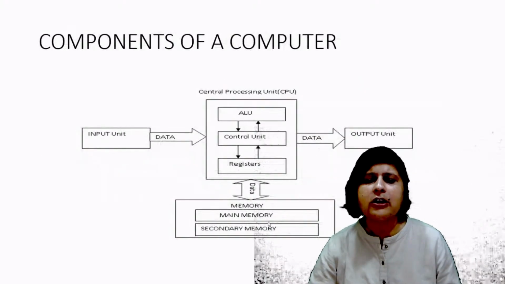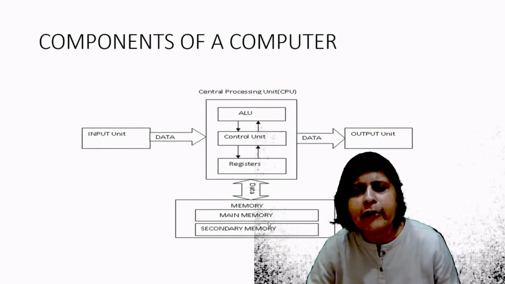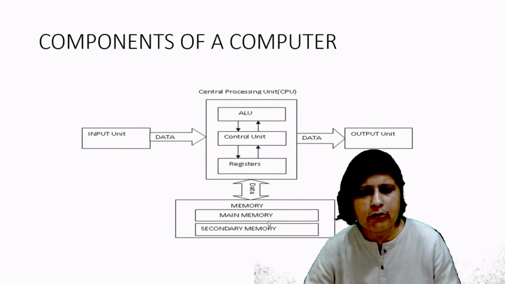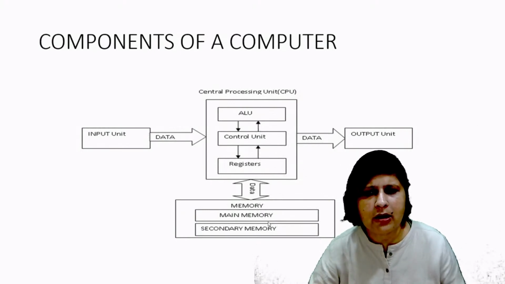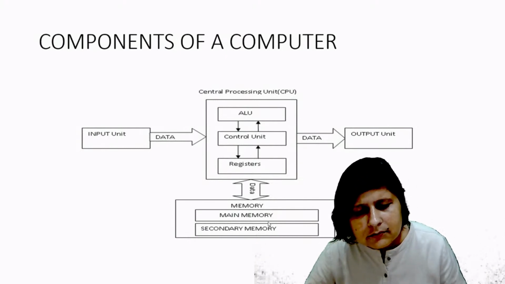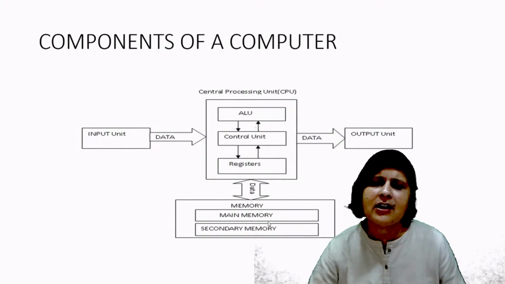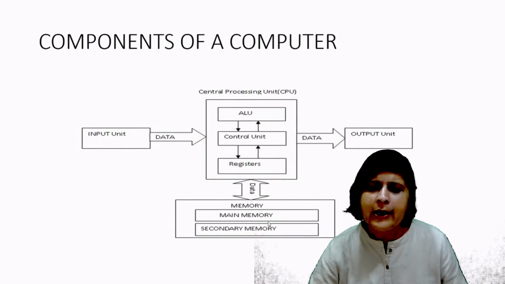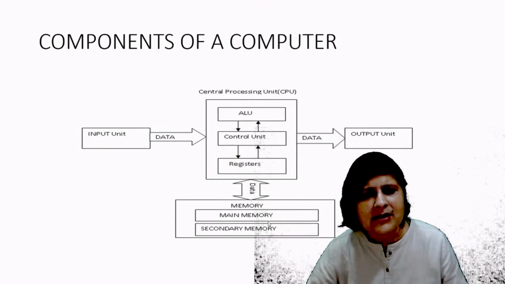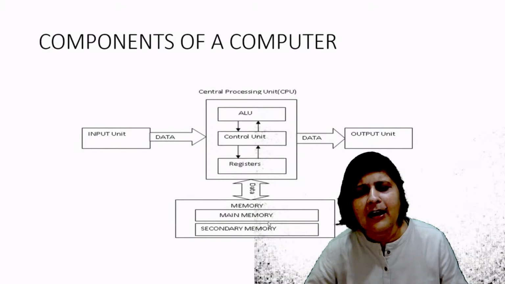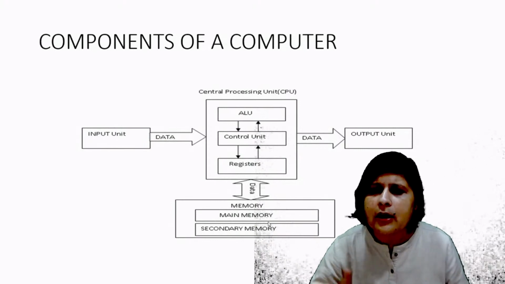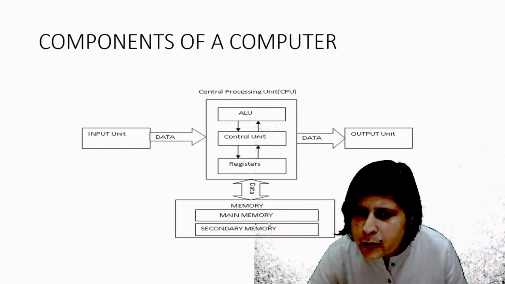The control unit controls your hardware and the software and other parts, right? CPU is the brain of your computer. The control unit controls each and every part of your system. A register helps to store the data. When data has been entered through the input unit, the central processing unit processes that data, and that data is shown on the output unit. Your monitor is your input unit as well as your output unit, right?